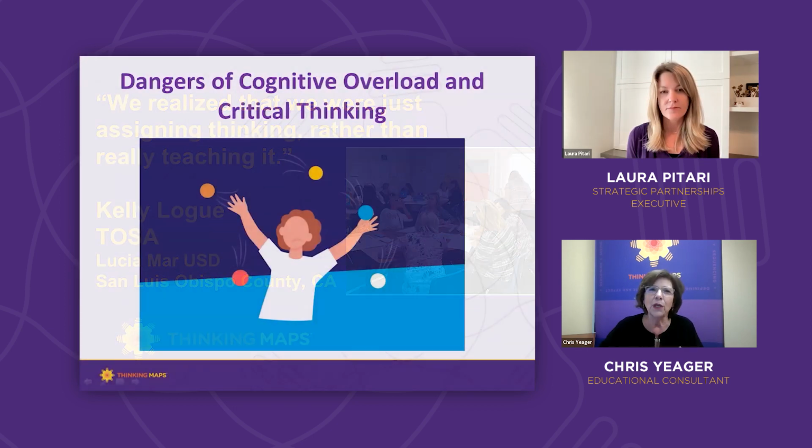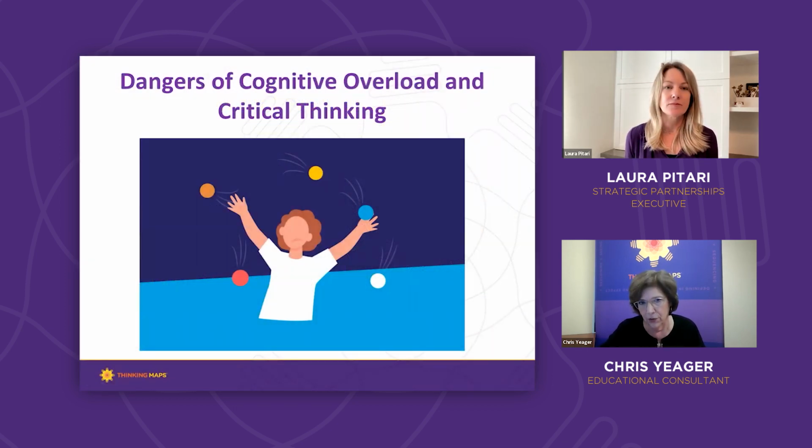That's really important. So when we look at the dangers of cognitive overload, this goes back to the 5 to 7 bits of information, and it goes back to what you see in kids in a classroom when they get overwhelmed and they don't know how to do what you're asking them to do. So if you ask them to think about how the setting impacts the characters or the outcome in this particular story, they don't know how to handle all that. They get overloaded, which is also not good emotionally, because they get very emotional, and then they just write a plot summary.